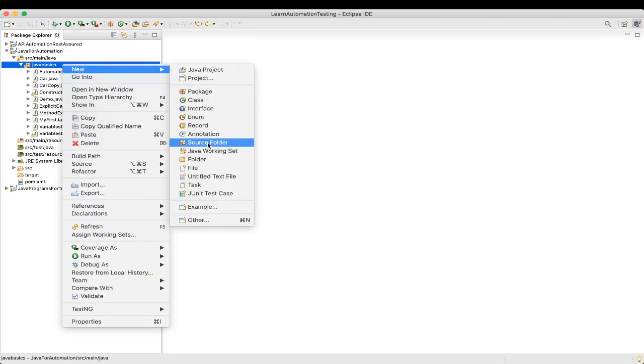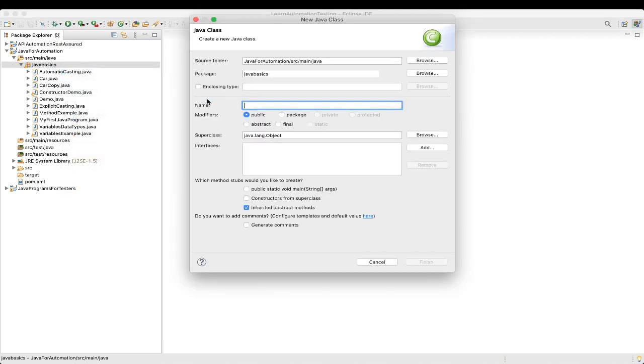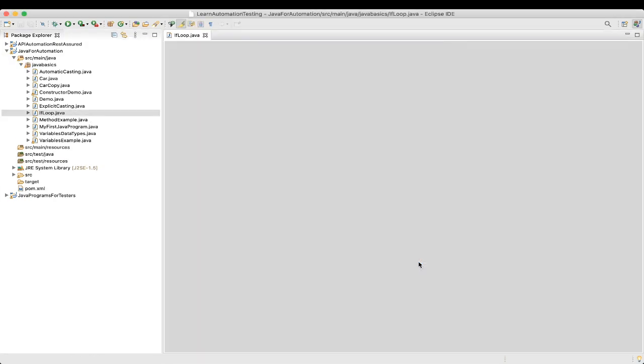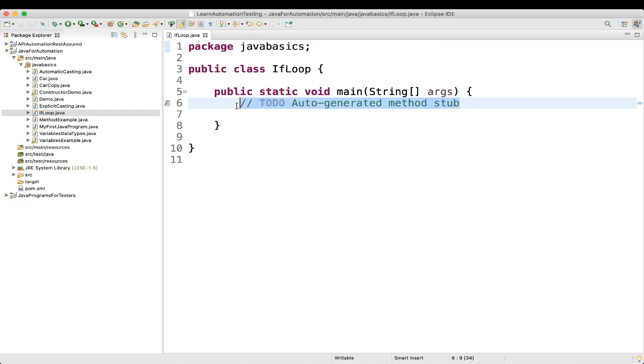First we'll create a new class and we'll name it, for example, if loop. Okay, and public static void main. For example, we'll take one integer variable, int marks equal to 75.